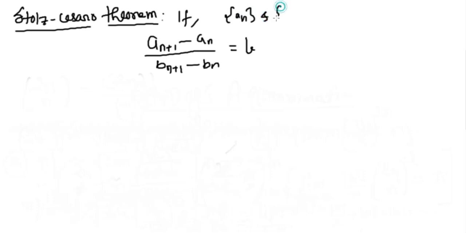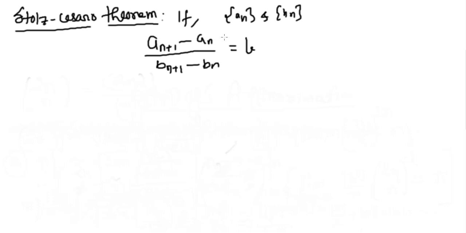So the Stolz-Cesaro Theorem says if a(n+1) minus a(n) divided by b(n+1) minus b(n) equals L, then, the common difference between the two sequences, between the n plus 1th term and the nth term, divided by another sequence bn. So basically you have two sequences, an and bn,